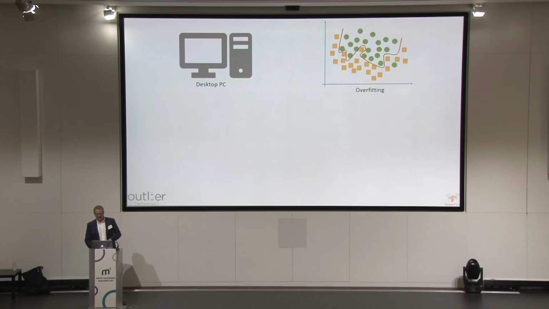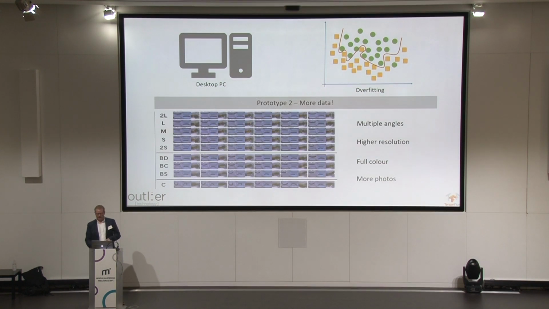And so he started to work on prototype 2 and throw more data at the problem. So increase the resolution of the images, use full color, multiple photos from different angles. He took a lot of photos of cucumbers, 7,000 training images and another 1,500 testing images. And after that, he managed to improve the accuracy to around 80%, which is good, but still not quite where